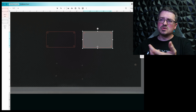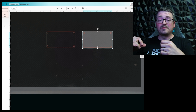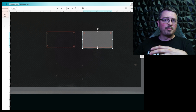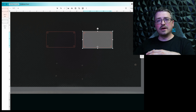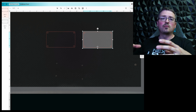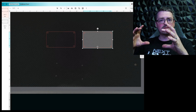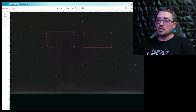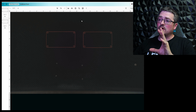So in most laser cutting software, you have the choice of either engraving or cutting, and we're going to be doing a little bit of both of that. For the image, we're going to be doing engraving, and for the plate itself, we're going to do the cutting. That way, when it's all finished, you have a plate with your image on it, and it should work out pretty good. So that is the part for actually bringing in your file here,